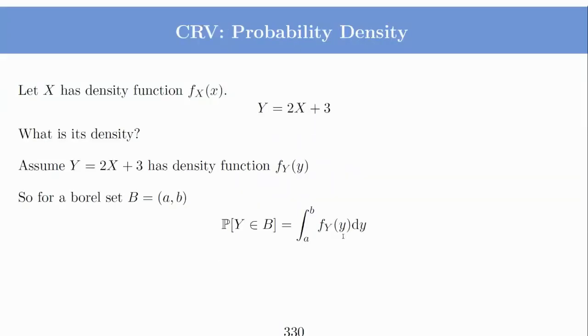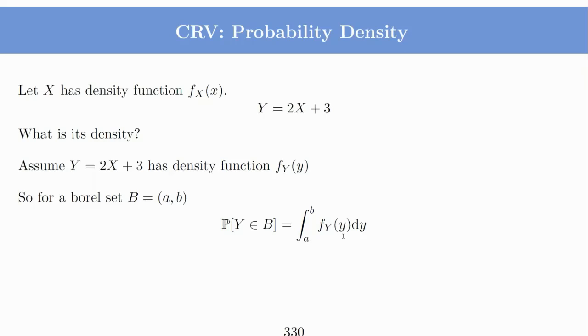Now we will see how we can compute the PDF, the density of a transformation of a continuous random variable, directly. Once we have the CDF, we can of course differentiate it and calculate the derivative. In this example, we will try to evaluate it directly from the PDF of X if it is given. So suppose X is a random variable and its density is f_X(x). And I'm talking about a random variable Y equal to 2X plus 3. My question is, what is its density?